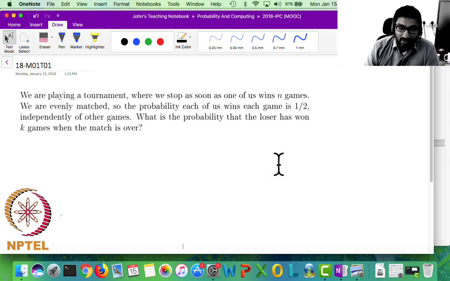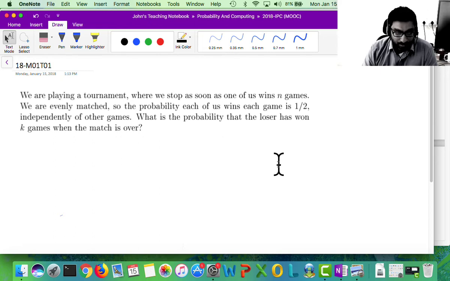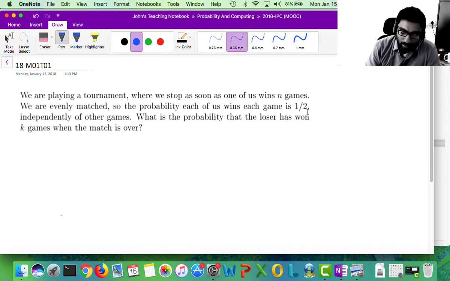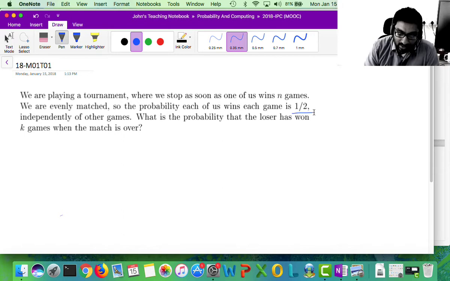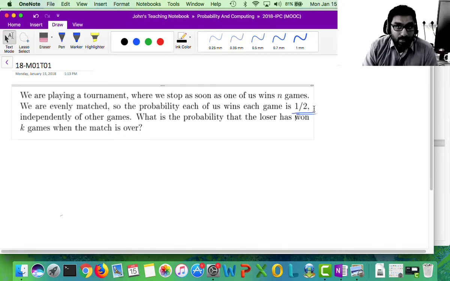Let us now look at this very simple problem. In this problem, we were playing a tournament where there's a winner and there's a loser. Who is the winner? We stop as soon as one of us, the winner, wins n games. So the two players are evenly matched, and so if you look at any one particular game in isolation, the probability that one of the players wins is exactly a half, and it's independent of all other